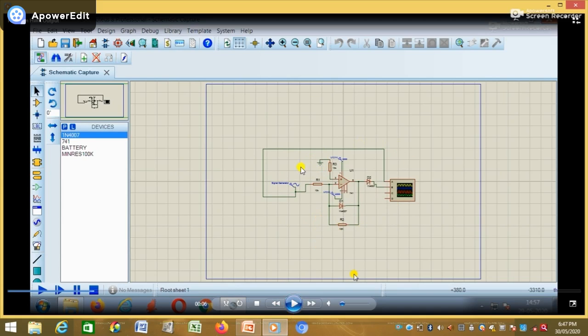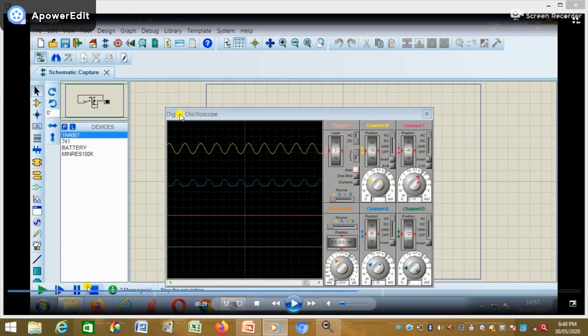So this is the circuit we designed, and the same thing with the help of this software, in the schematic capture screen we selected according to the design. So when you run this circuit,